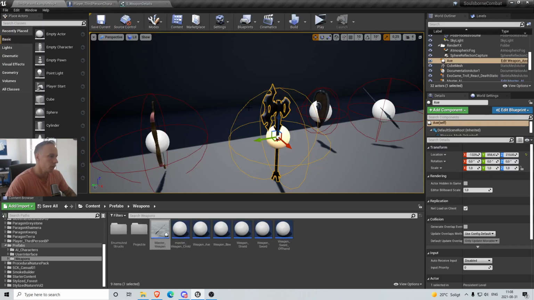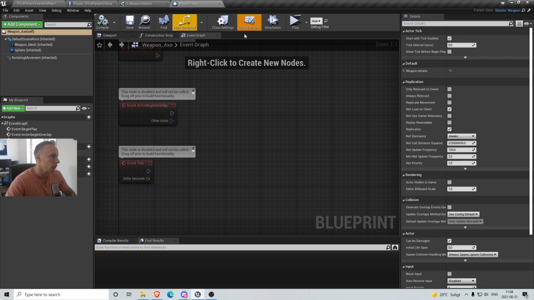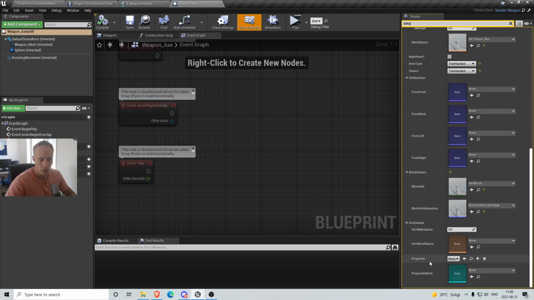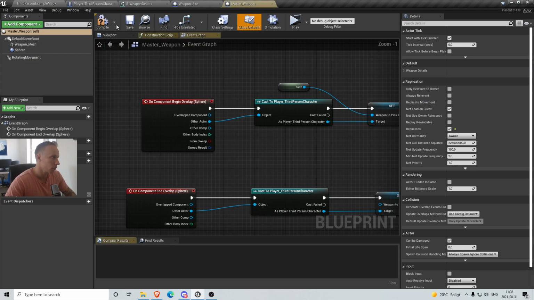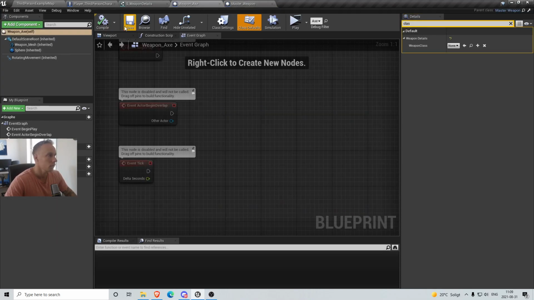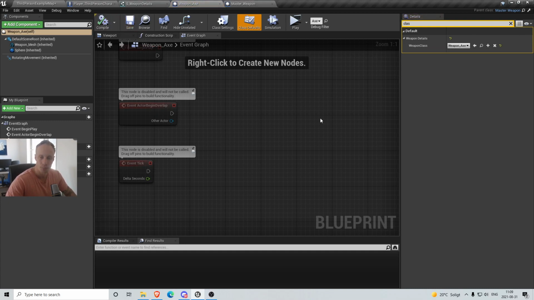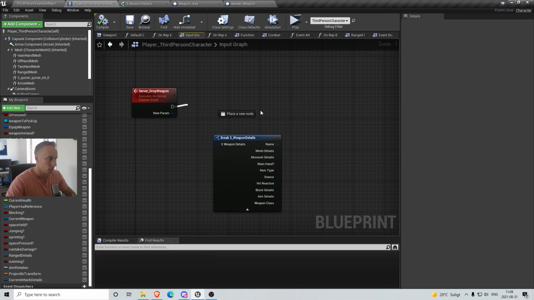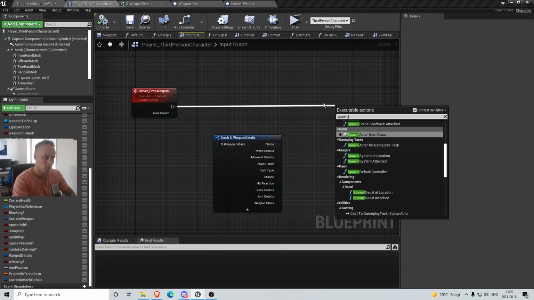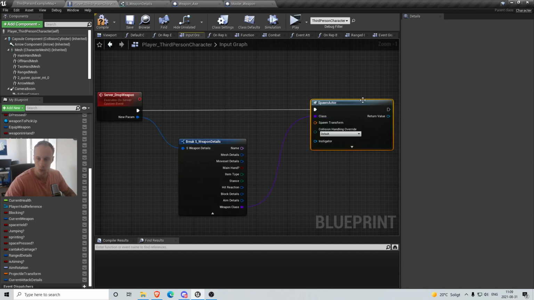So in all of your weapons, let's do the axe. What we need to do is, in the details, now that's the projectile. We don't, because we need to compile this first. There we go. We have this weapon class now. So you always need to set this to itself. So let's set this to weapon X. Perfect. And we have the weapon class, so spawn actor from class, drag the weapon class,